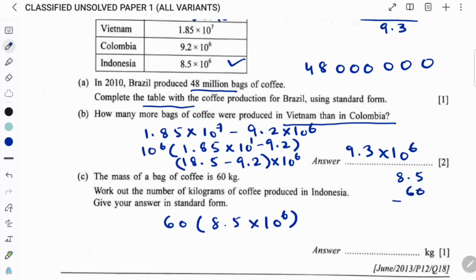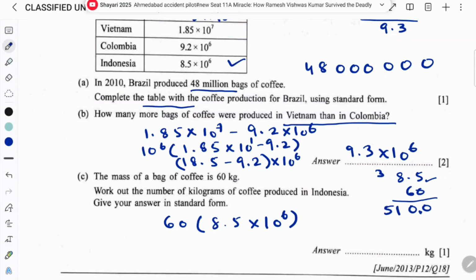8.5 into 60, put a 0. 6 times 5 is 30. Okay, so 6 3s are 18. 6 8s are 48. 48, 49, 50, 51. One decimal place, then you will have 510. Okay, so that will become